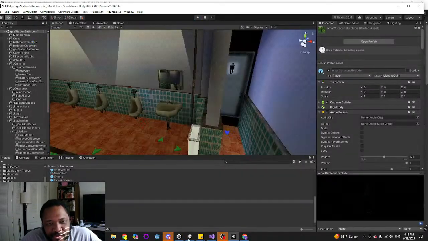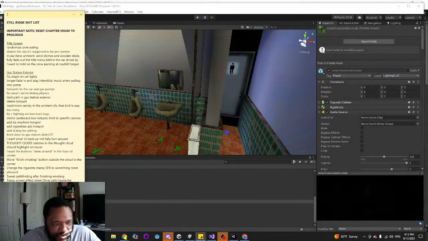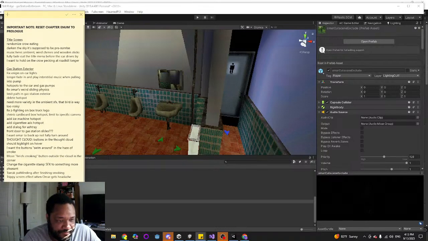I don't know what's going on here, but that is what the hit list is for. So gas station, bathroom. I'm just going to redo this entire scene. So re-rig the entirety of the mirror scene.